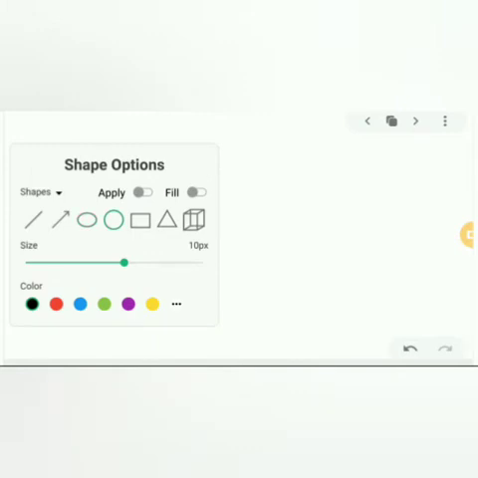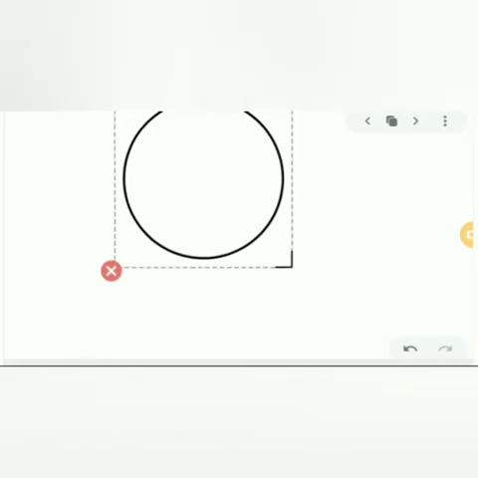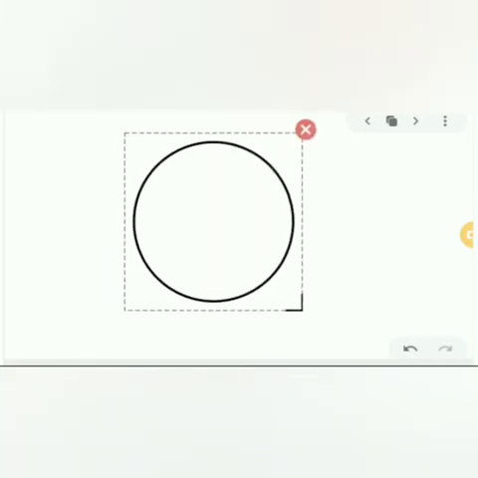As you can see, here we are solving question number 2 of exercise 10.3. Our question is: suppose you are given a circle, give a construction to find its center. That means we are given a circle which has no center, so the student will ask how we can draw the circle without center. Here you have to draw by taking any circular shape like a bangle. If you are using a bangle and drawing that circle, you have to draw it without center. Then we have to find the center of the circle.